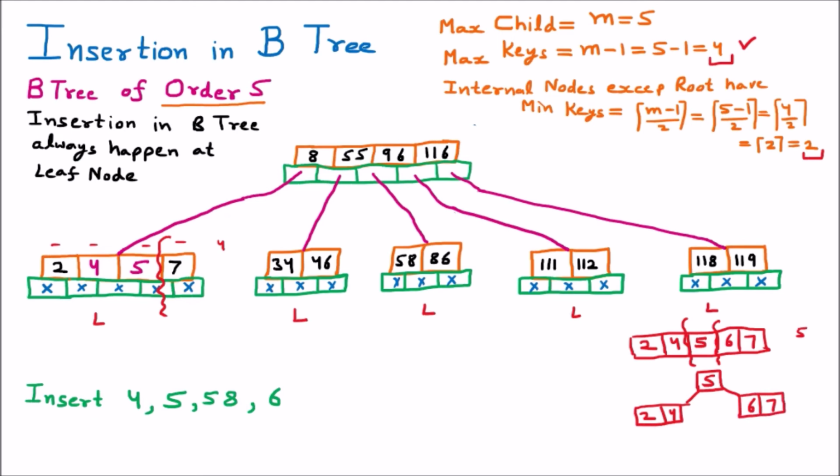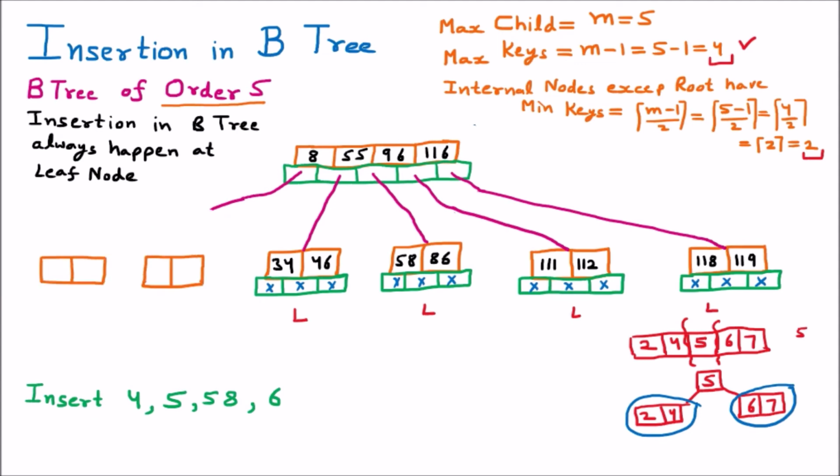Now is the time to modify the node. So now we are going to replace this particular node with the lower nodes, that means 2 4 and 6 7. So in the place of that we are having these two nodes. So now these two sets of keys are taken in two nodes. So here if we are taking the first node, then 2 and 4 are successfully taken. Then talking about the second node, then 6 and 7 are taken.